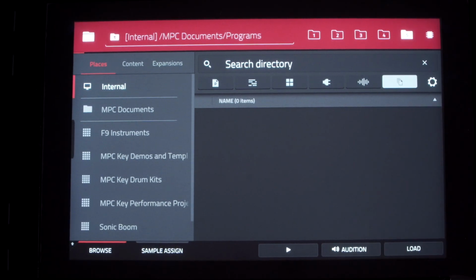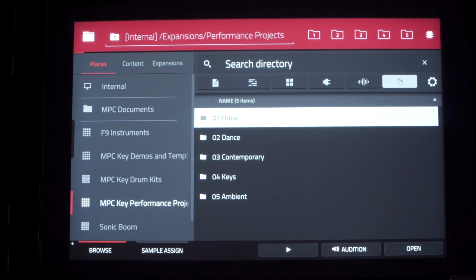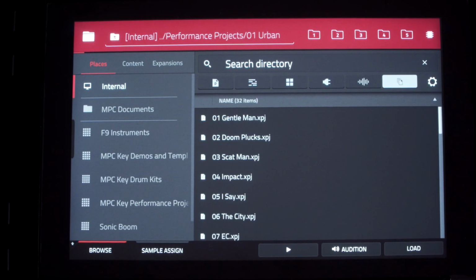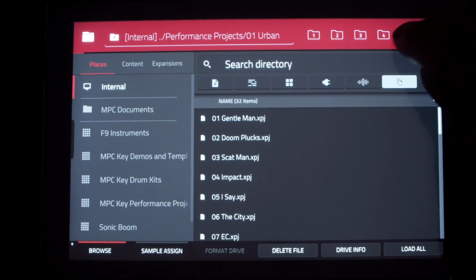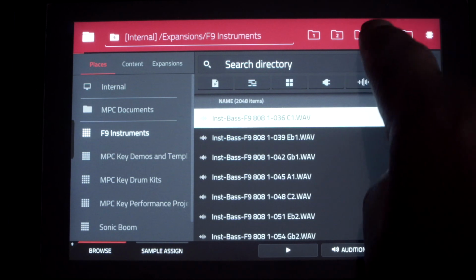So let's make 5 have something. Let's find something. Let's do this. We'll get the keyboard performance. Let's go with the urban kit, right? So we want this urban kit right here. Let's open that up. Okay, that sounds cool. And now we got projects in here, that kind of thing. So what I want to do here next is I'm going to press Shift and press 5. And now you'll see that 5 is here